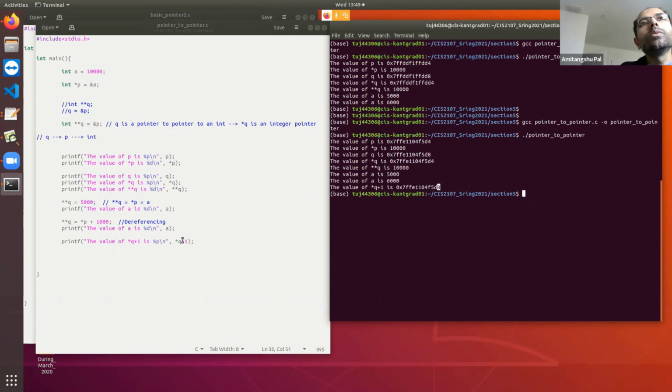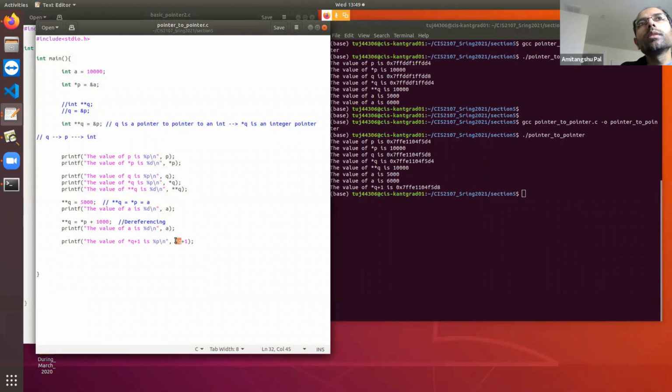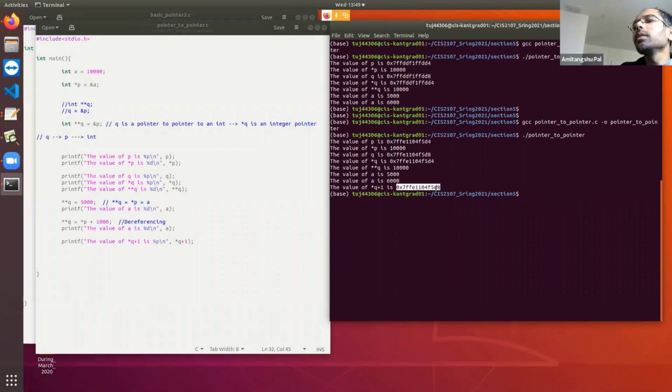So what is *q? *q is p, right? That means this is equivalent to p plus 1. So p is this, p plus 1 is going to be plus 4 bytes. Okay. Right?